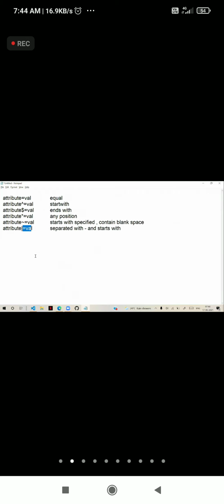How we can define attribute selectors? This is attribute selectors. So I hope everyone understood these also. Is it clear? Everyone clear with these attribute selectors, right? Good. Right.